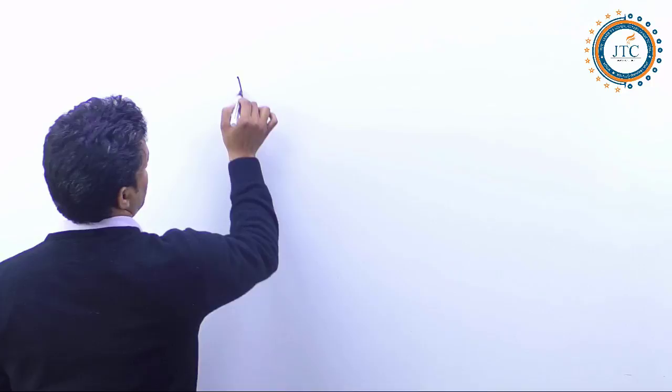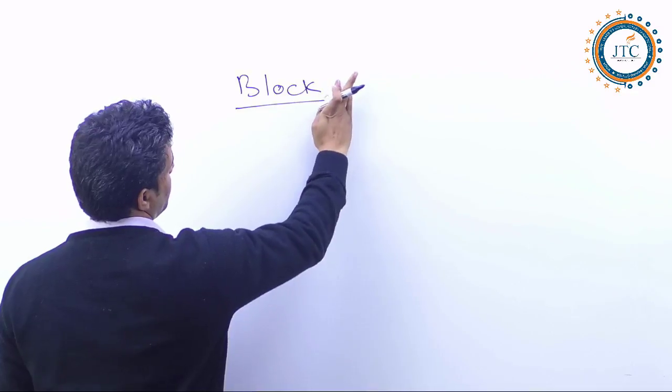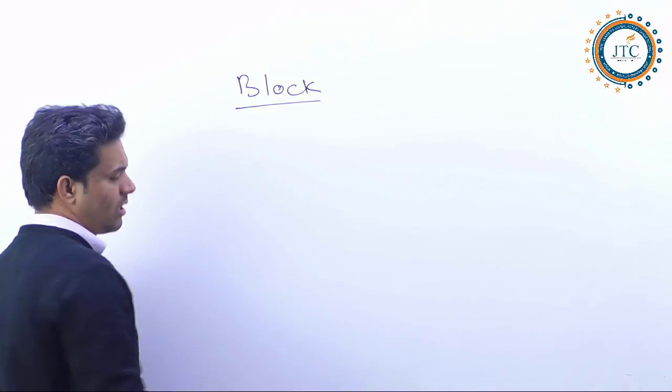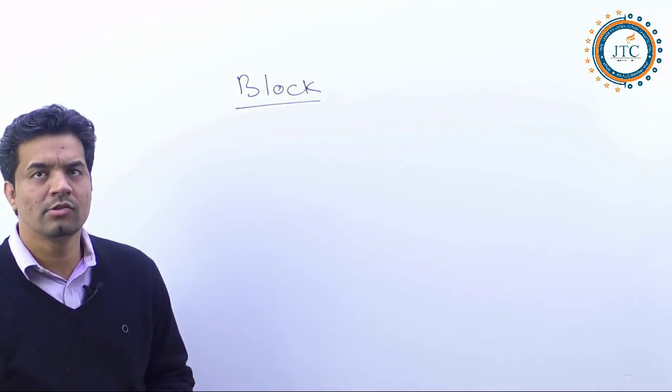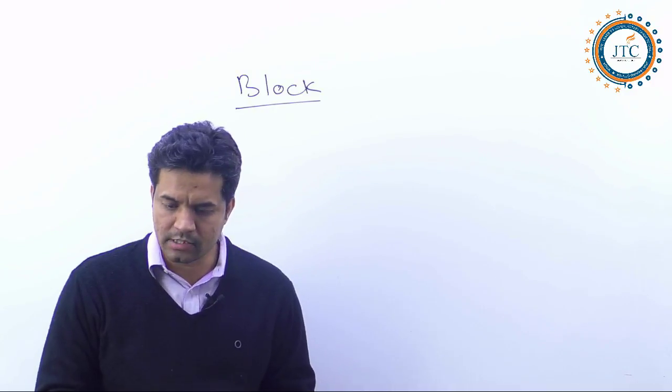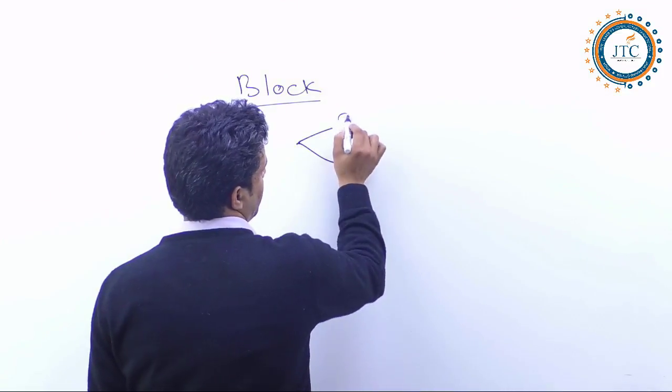Now here, yesterday we were talking about the different types of block, and in that many different things we have discussed. Here we are talking about block, and this is what we were discussing yesterday, what exactly a block is. Especially, we have discussed two different types of block, which are the instance block as well as the static block.